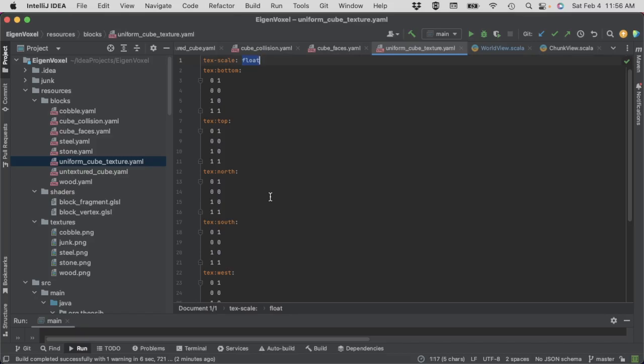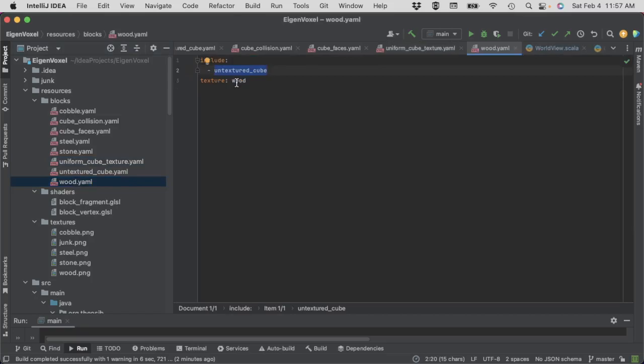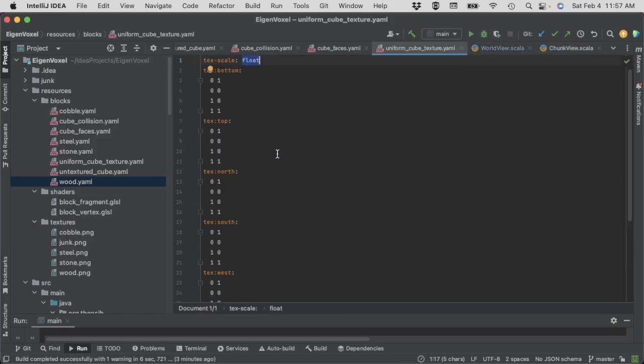You could include that, or you could include a different one that implements separate faces, separate parts of a texture, where instead of being 16 by 16, the texture is 16 times 6 by 16, okay? And then include in there the coordinates for each of the different faces. Then instead of uniform cube texture, you have a file with some other name for this kind of situation with multiple different faces, and then you can just include that. So anyway, because of this whole